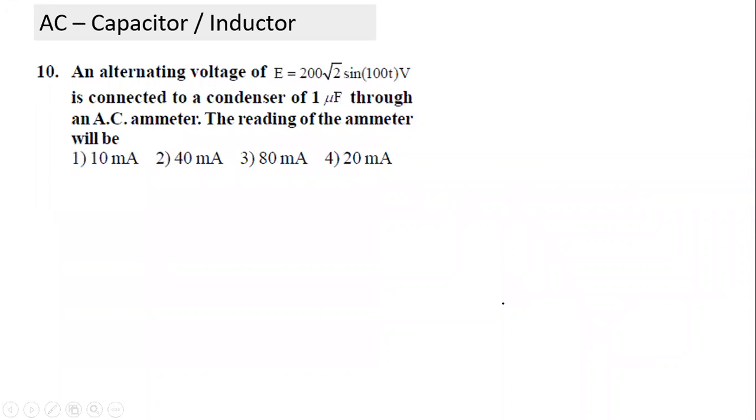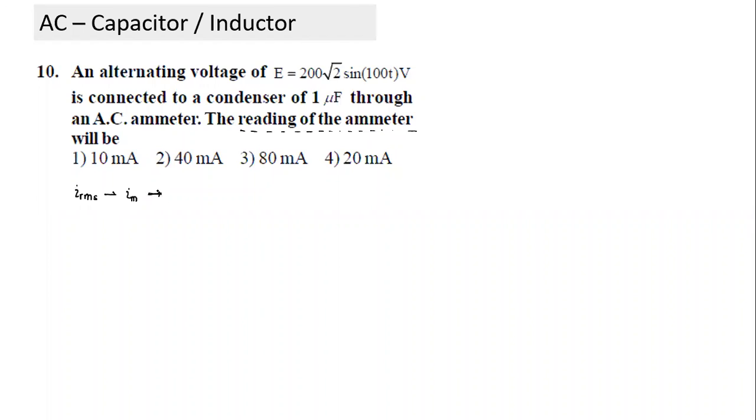Okay, now let's look at a simple application of the same. So this is the applied voltage connected to a condenser. What will be the reading of the ammeter? So we have to find the reading of the ammeter. What does the ammeter reading show? RMS current, IRMS. To find IRMS, what do I need? I need I maximum. If I find the amplitude of current,